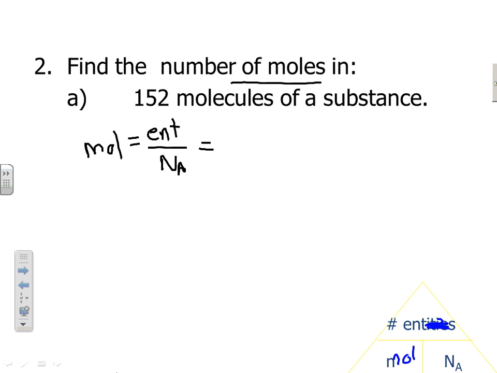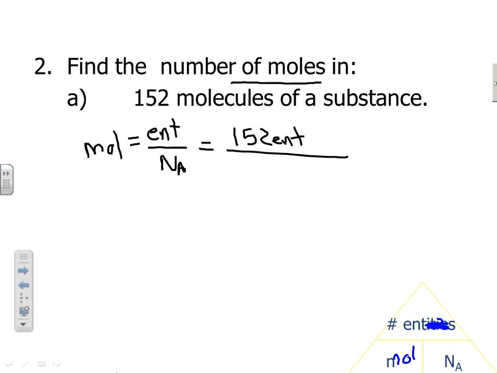Molecules is an example of those tiny little things. Molecules is entities. It's not moles, it's entities. They're tiny. 152 entities of that substance divided by